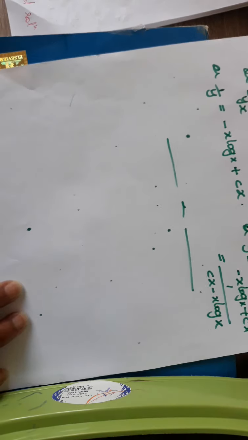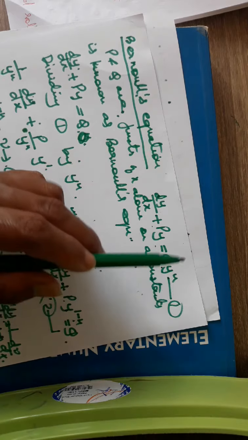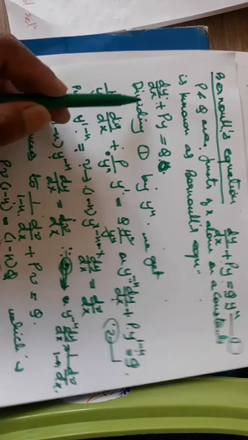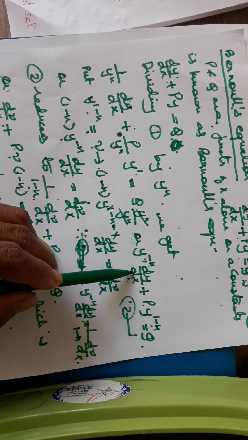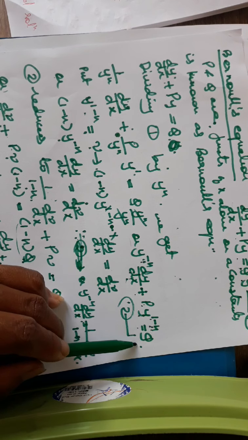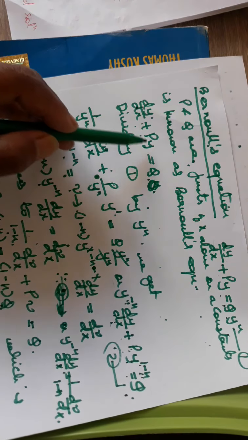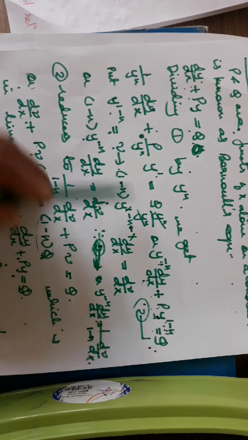I hope it is clear to you what Bernoulli's equation is. So first of all, what is Bernoulli's equation? An equation of this form, dy/dx plus Py is equal to Q times y to the power n. How to reduce it to linear form? You divide both sides by y to the power n, so it becomes y to the power minus n dy/dx plus P y to the power 1 minus n is equal to Q. Now we want to reduce it to linear form, that is dy/dx plus Py is equal to Q. What we need to do is put y to the power 1 minus n as v,